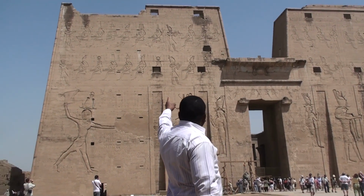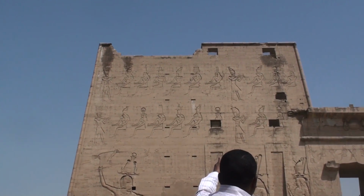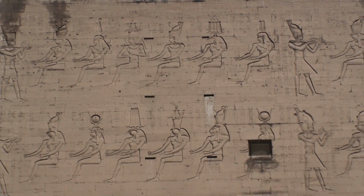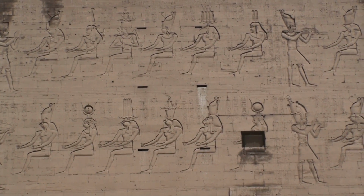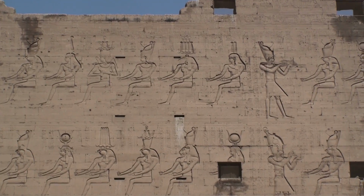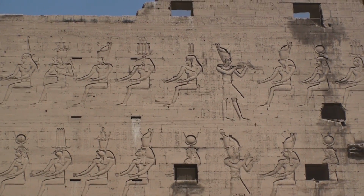After that, you will see the king offering the statue in front of the god Horus-Apollo, behind him the goddess Maat herself, the goddess of justice. Horus-Apollo means Horus, the lord of the two lands, the son of the god Horus-Apollo here, because the local family here consisted of the god Horus-Apollo, the legendary son of Isis and Osiris, and his wife Hathor, and the child Horus-Apollo. Behind Horus-Apollo, you will see Horus the Younger, the son of the good god in Kom Ombo temple,